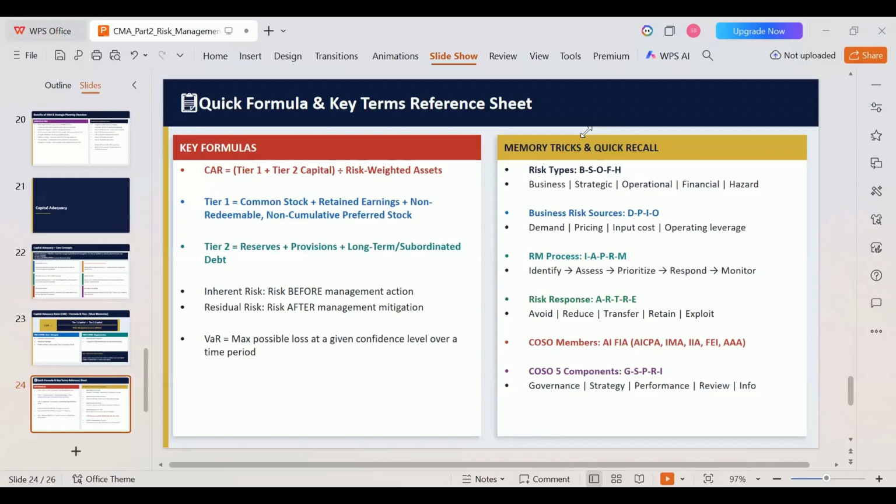Now the risks that have the highest frequency and highest severity will be addressed first. Then come your risks which have highest severity but low probability. Those will be addressed next. And in the risk heat map itself, you will come to know what risk response strategies you will have to take.